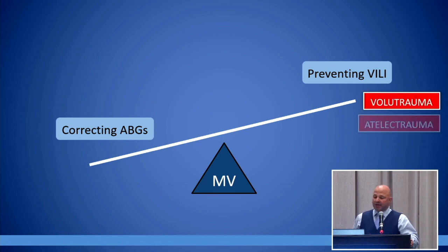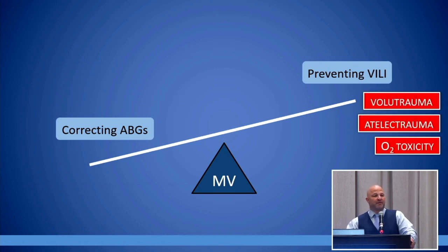Don't hurt the lung. There are a couple of different mechanisms for ventilator-induced lung injury, three of them specifically that we'll go through: volutrauma, atelectrauma, and O2 toxicity. Pretty intuitive on that one. And that is balanced against